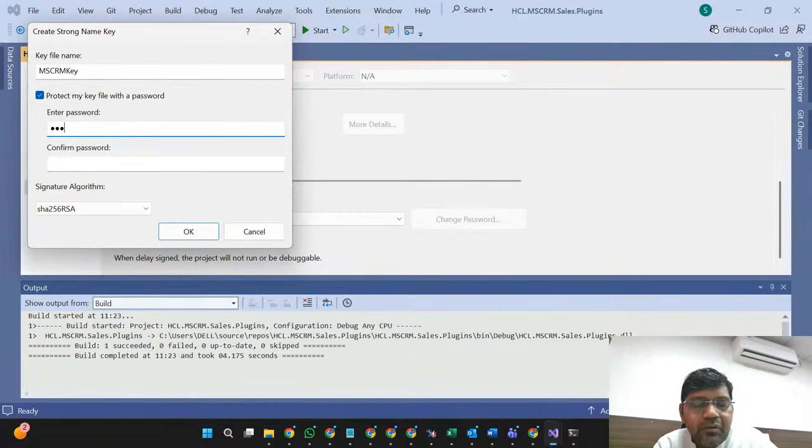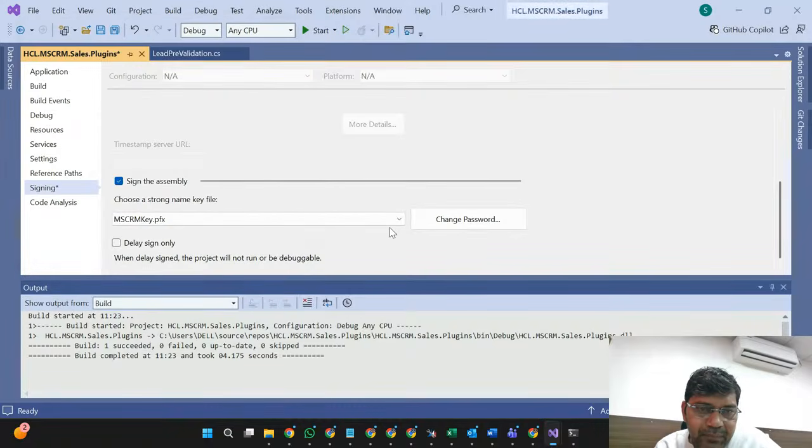You may generate a complex key, but you have to make a note of it, otherwise it is very difficult. So, HCL@4321, again HCL@4321. You have to maintain and remember this, so that you can define this key next time.